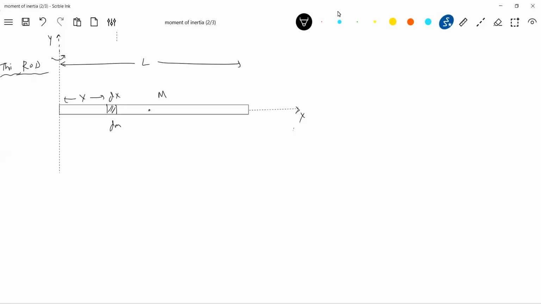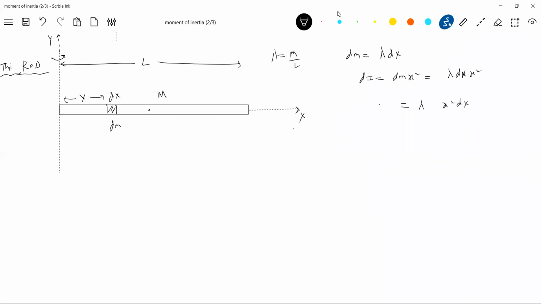What is the mass of this dm? Then the formula will be dm is equal to lambda into dx. What is lambda? Mass per unit length. Then this particle is at a distance x from the axis. Then the moment of inertia of this elemental particle is dm into x square. So what is the dm? Lambda into dx. So lambda